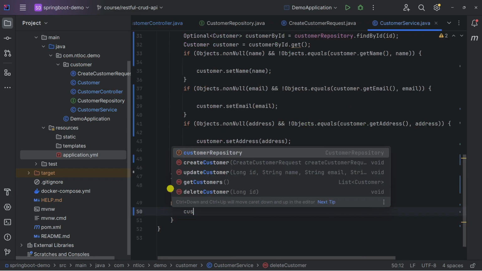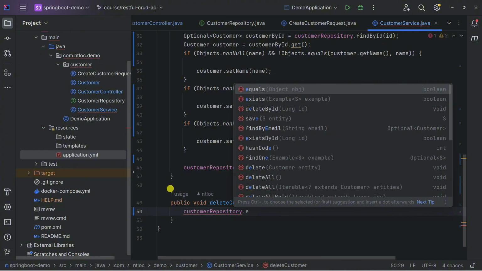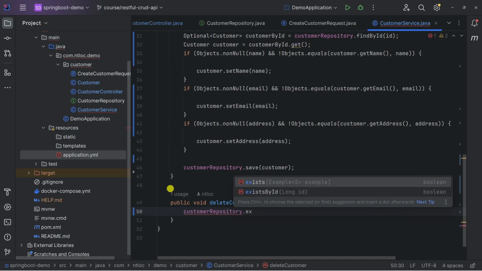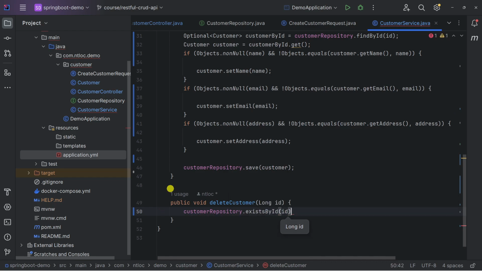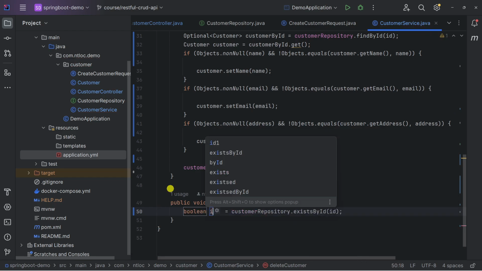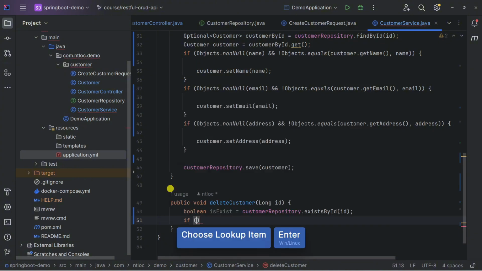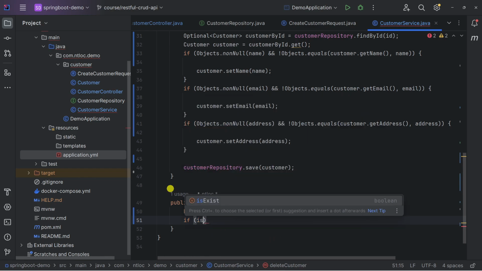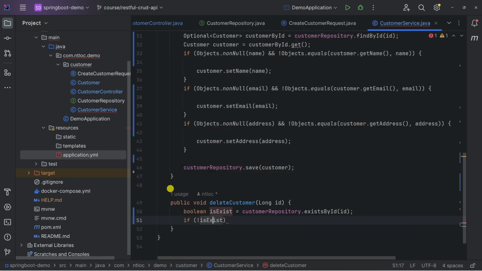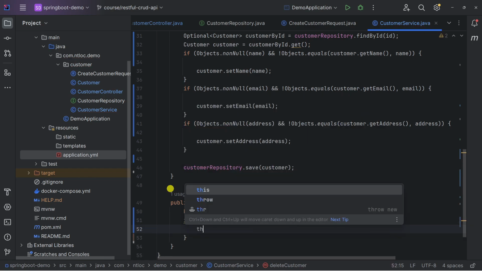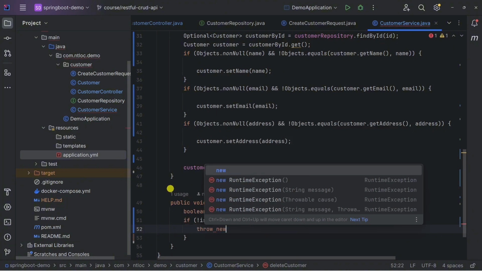Now in customerRepository, we have the method existsById, and attach this to a variable called exists. Then simply, if this customer does not exist in the database, then we will throw an exception in here.